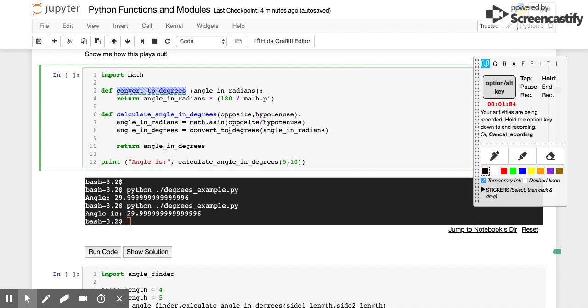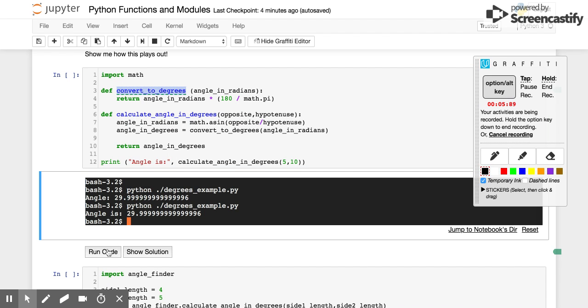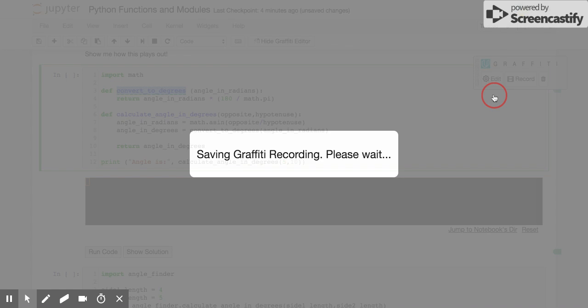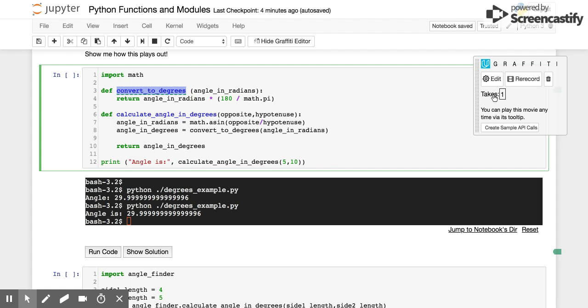And we're going to tell the student that they can actually type this command by either pressing run code, or they can hand type it in the shell. Use example.py. And you can say, this is the same command. You can see whether you manually type it or whether you press the run code button. And we've made this recording. It's now persisted. And now when a student plays it back,